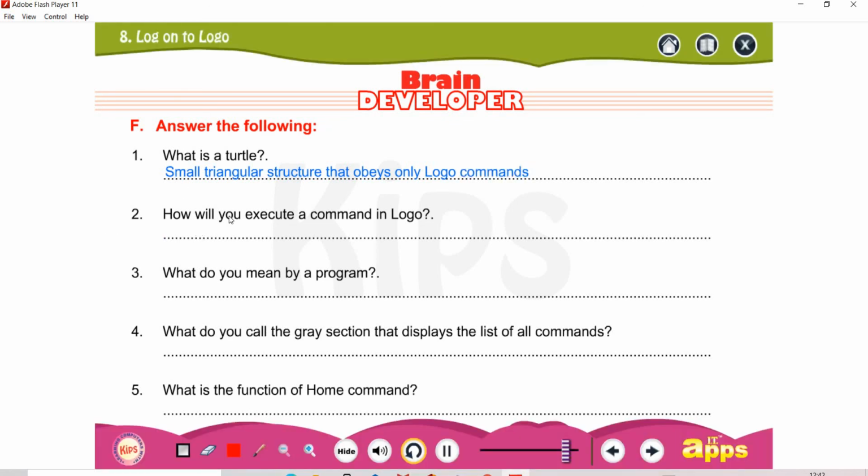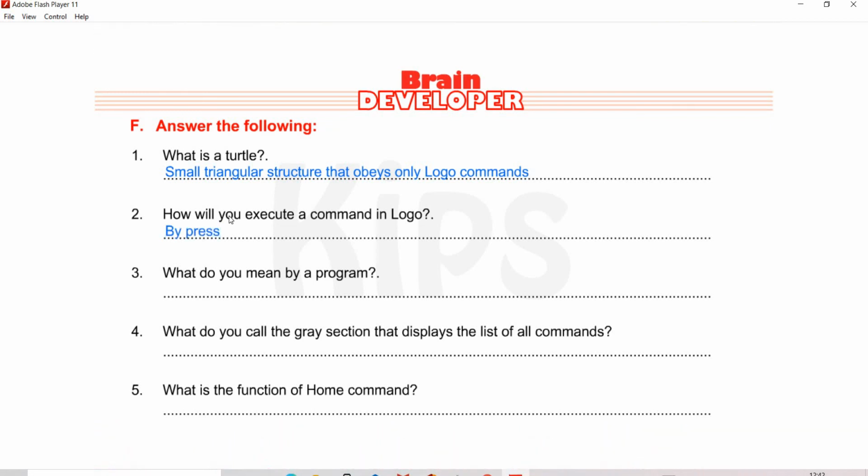And the second answer is by pressing the enter key or by clicking execute button.